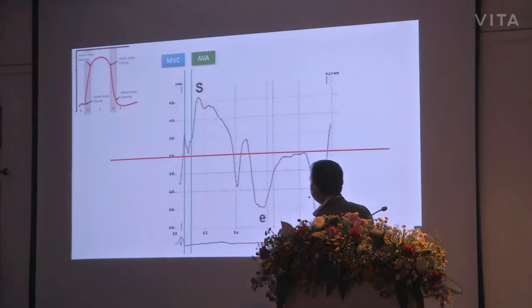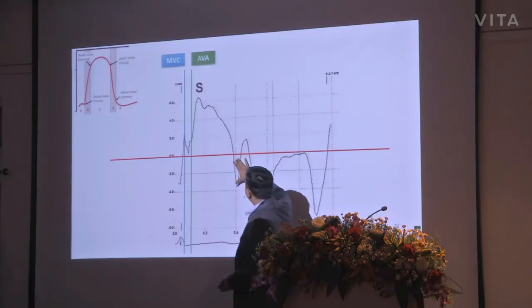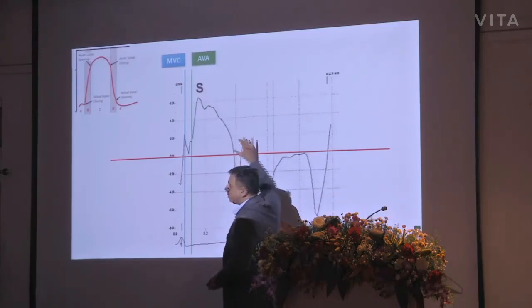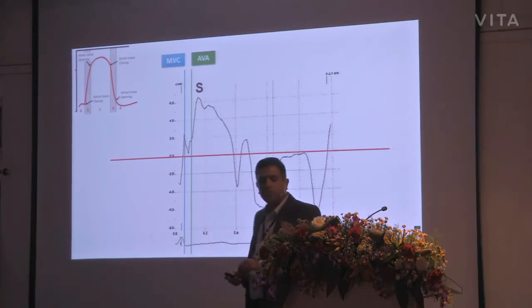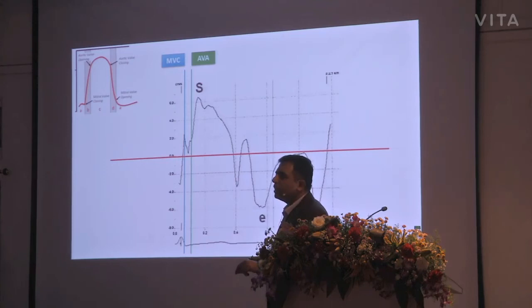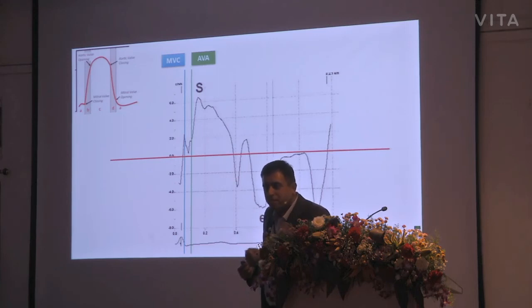And the confusion was, what are these two spikes? You have a negative spike here and a positive spike. How can that be? What is this negative and positive spike? Was a question that was there. So the end of systole, there was a negative spike, and what was the reason for this negative spike? And the reason goes back to that